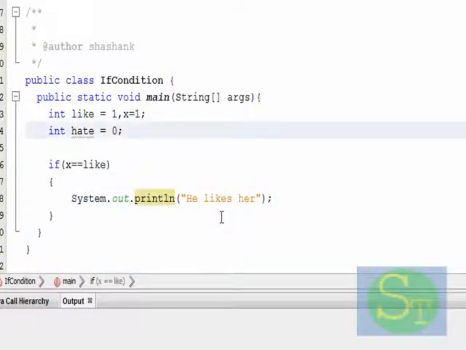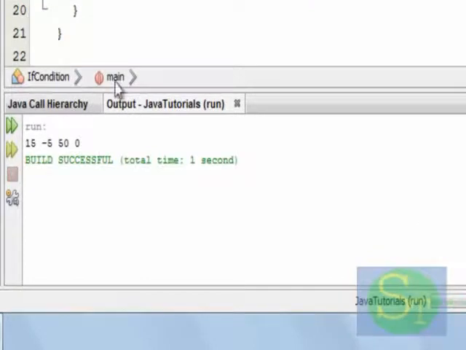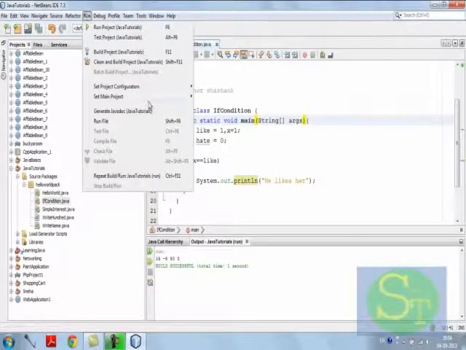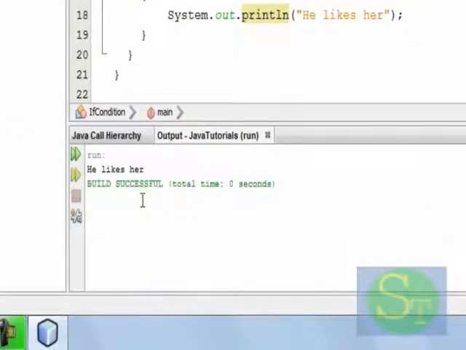So if we assign the value 1, this will be executed. So let us run this. Yes, obviously this is the output. Run file. He likes it.